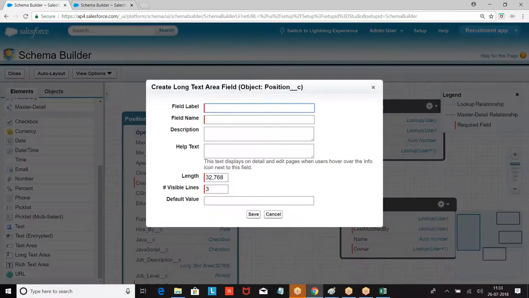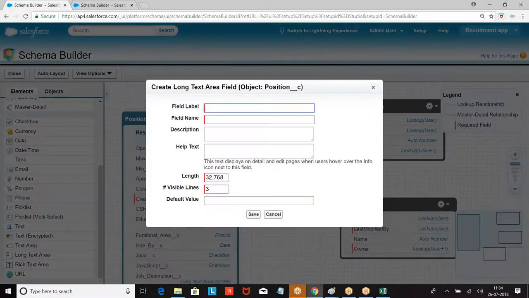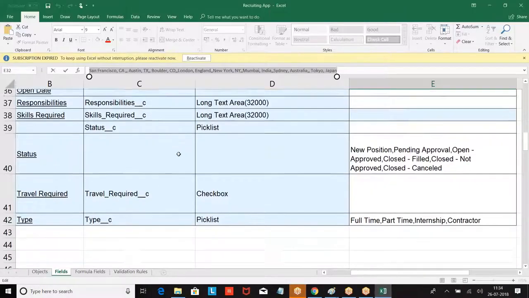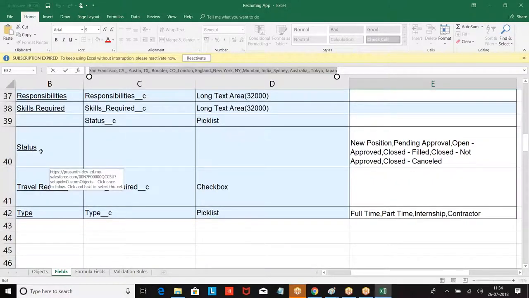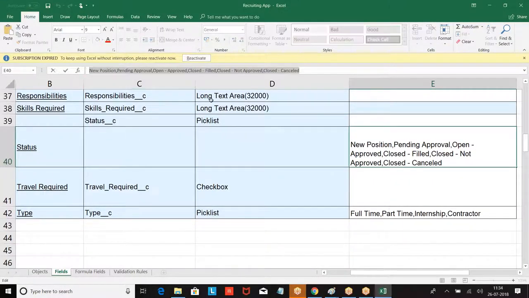Responsibilities. Skills required. Then next, status, travel required, type.